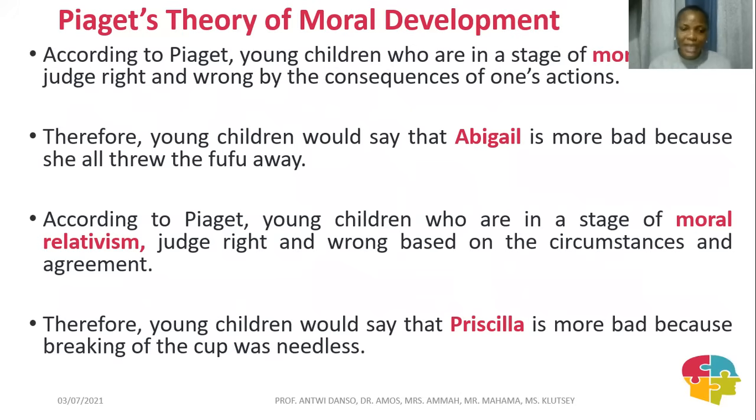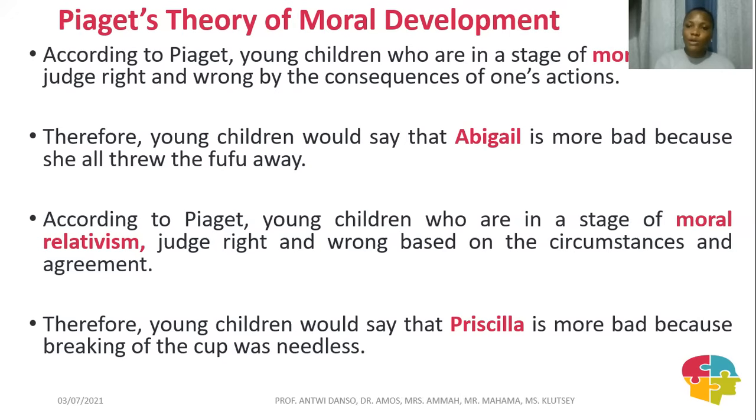But according to Piaget, children who are in the stage of moral relativism can judge right and wrong based on the circumstances and agreement. Therefore, they will say Priscilla is more bad because breaking the cup was needless. So these are two actions, and depending on who you gave these scenarios to, if the person is in the heteronomous morality stage, the person will say Abigail is bad because she threw her fufu away. But somebody who is in the autonomous morality stage